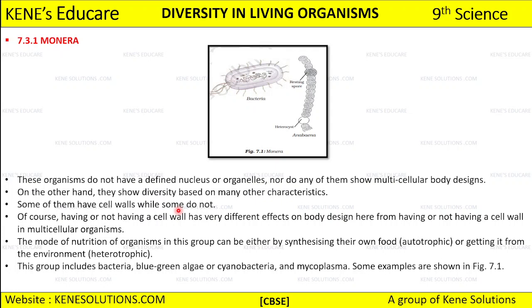And of course, having a cell wall and not having a cell wall, they are going to have different effects on the body design, right? So whether they have a cell wall or not, there will be a different effect which is going to be seen in the multicellular organism, right? So the mode of nutrition of organisms in this group: the organisms are either going to synthesize their own food through the process called photosynthesis, and mostly plants are the ones who synthesize their own food,